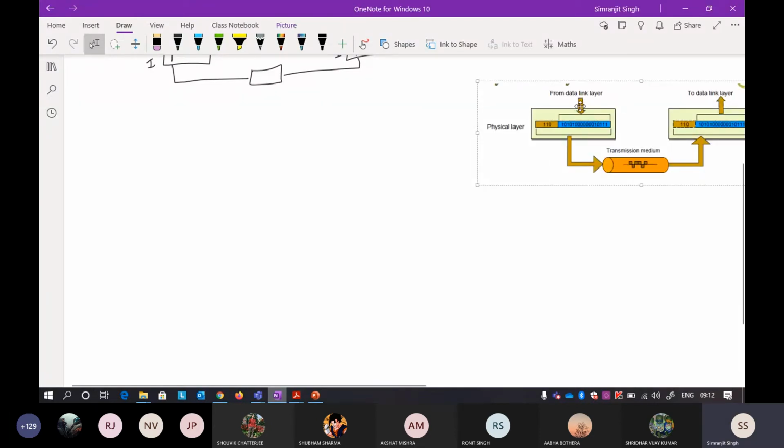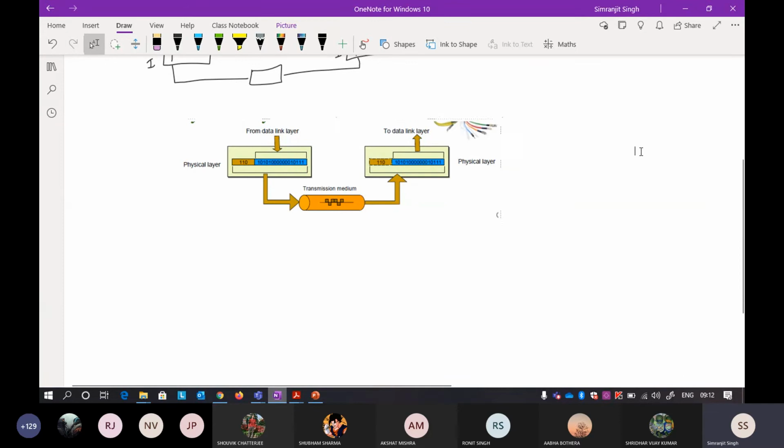Okay, so now see this particular diagram, what exactly is happening here. It is only talking about when you are at the second layer and going towards the first layer. Because we are only talking about the physical layer, it is not talking about all the other layers that are also there, that is third layer, fourth layer, up to 7th layer. So do not confuse this.